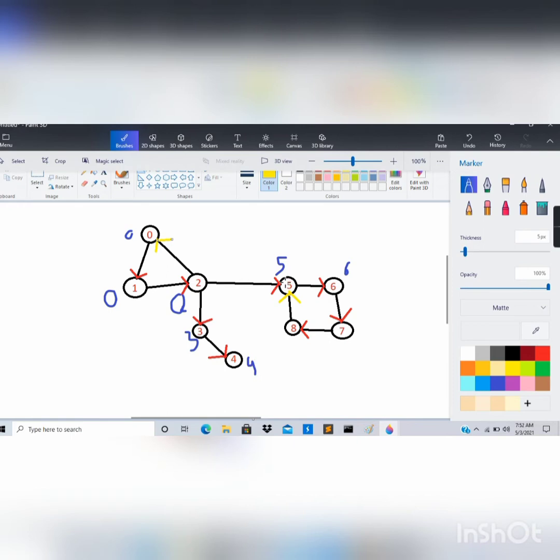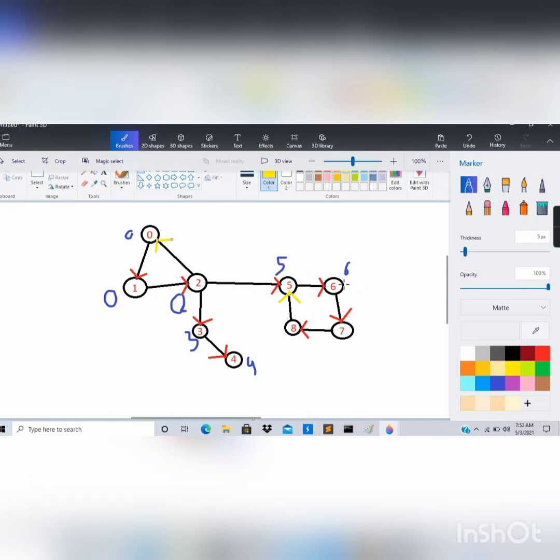Now let's apply DFS on node 5 to modify its low link value. From node 5 it can go to node 6, whose low link value is greater than the initial low link value, so the low link value of 5 won't get modified. From node 6, when we apply DFS to get the new low link value, from node 6 we can go to node 7, from node 7 we can go to node 8, and from node 8 we can go to node 5.